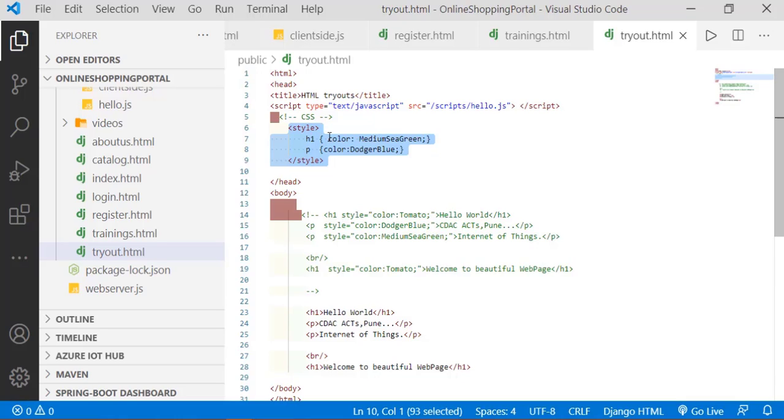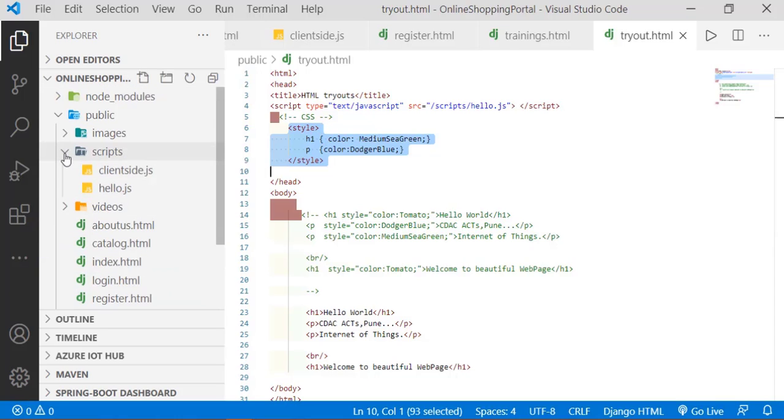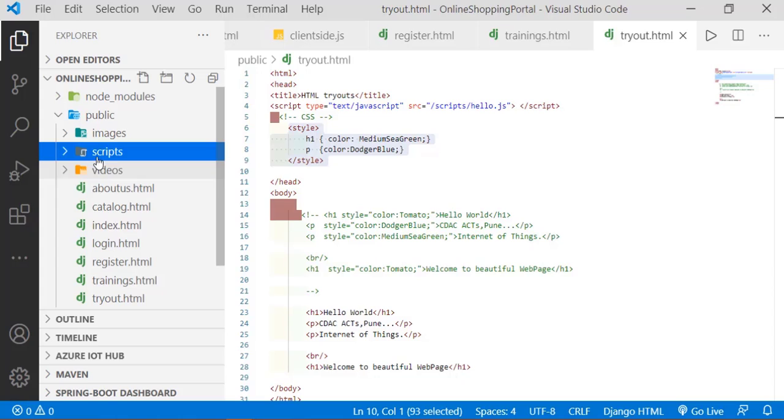If you want to apply your CSS externally, we'll write a separate CSS file, the way you wrote the script block. I may go back and create one more folder under my public folder. Can I give the name for that folder here, CSS?